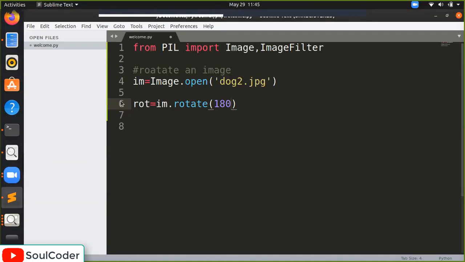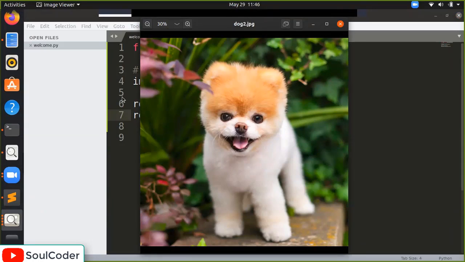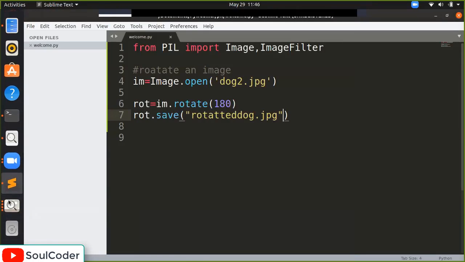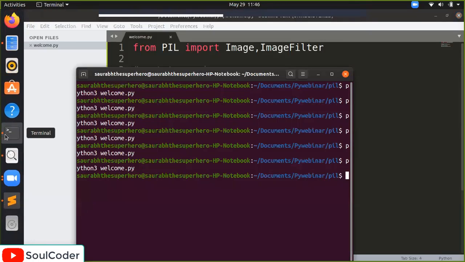We don't try to add different parameters, such as 64 or 80. We can't rotate in that way. Okay, we can, but the portion that is rotated, for example if it is a cross, will be replaced with black color, so it will not look good. Now I will save this: rot dot save, and I will write rotated dog dot jpeg. Let's try to run it. You know how the dog looks? Dog looks like this. I am making sure everything is closed so it will not hang again.